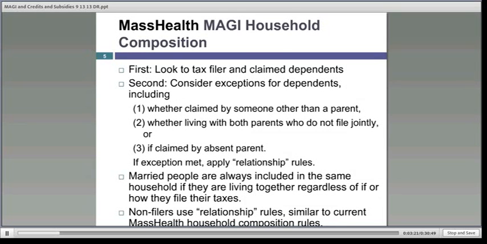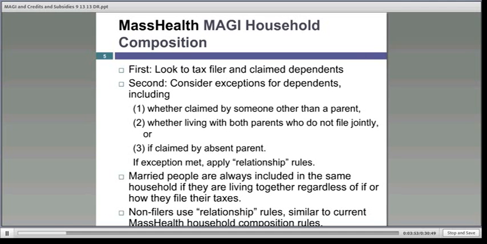Okay, slide 67. I wanted to highlight the Mass Health MAGI household composition elements. Like I mentioned in the last slide, we look to the tax filer and who they claim as dependents. We could stop there to determine the premium tax credit household, but for Mass Health, we then have to have a second consideration to look to see if there's any exceptions that may apply for the dependents. The main exceptions we look to is to figure out whether that dependent is claimed by someone other than a parent,